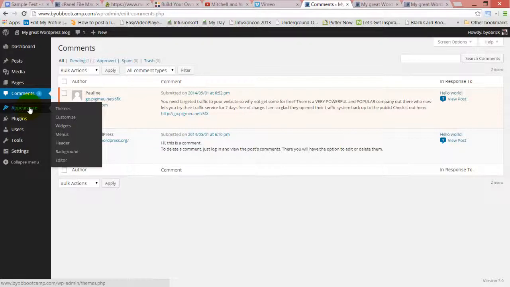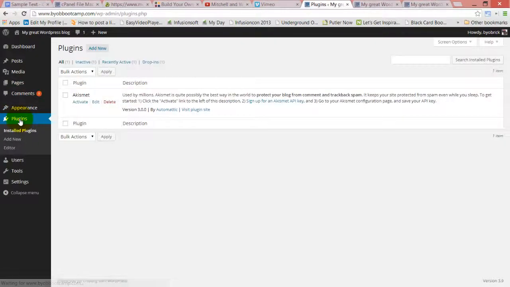Okay, appearance is a place where you can set your themes, do some customization, set up widgets and menus, and that kind of stuff. We're going to spend a bunch of time on that. Plugins, we did a quick look at plugins here when we deleted all the junkware, but plugins is a place for you to install plugins, activate them, update them, delete them, that kind of thing. Users,